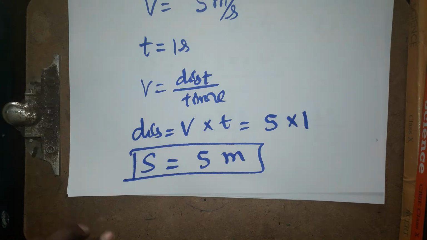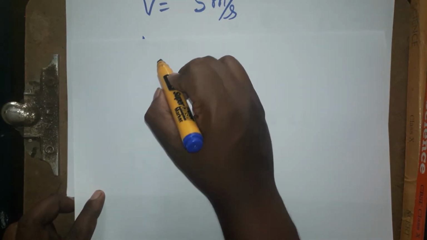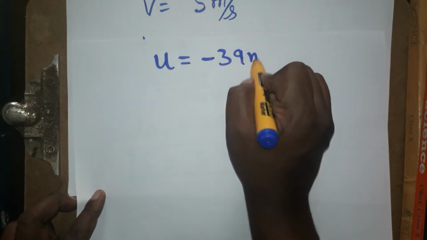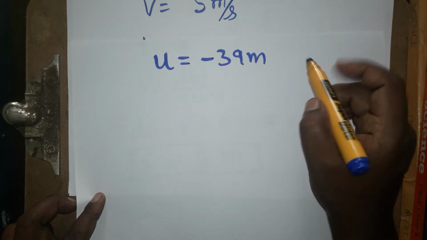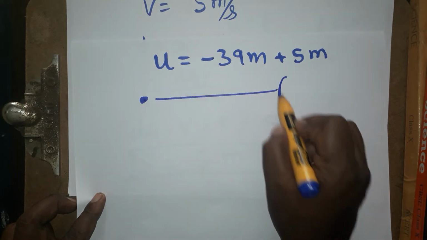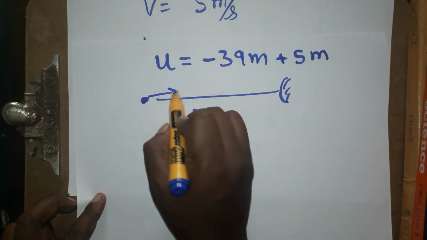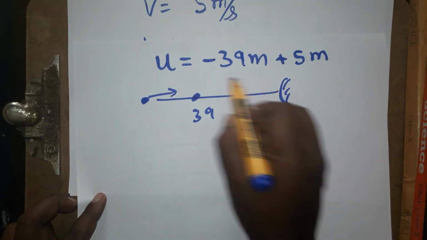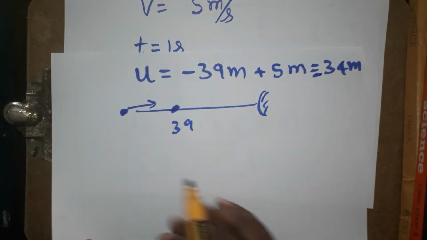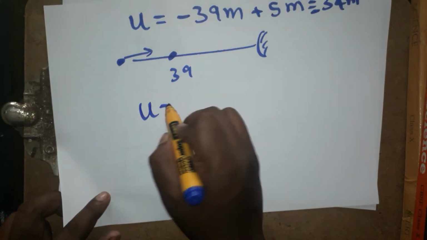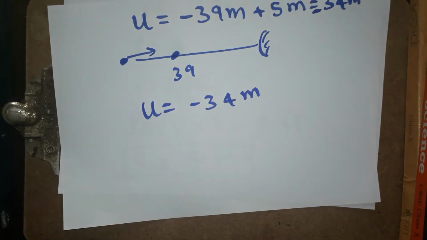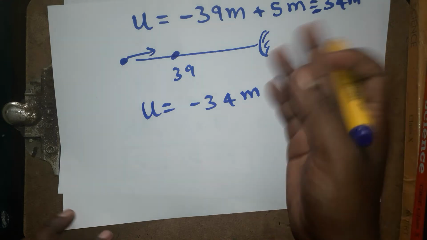Next, I am going to find the image distance. Image distance initially we have taken 39 meter, but now the object is a moving object. So plus 5 meter after 1 second. It is 39 meter from the mirror. Then after 1 second, it will become 34 meter. I hope you understand why it is minus 34, because it's a moving object. Now u is going to be minus 34 after 1 second, because I added 5 meter, since velocity in 1 second gives 5 meter.